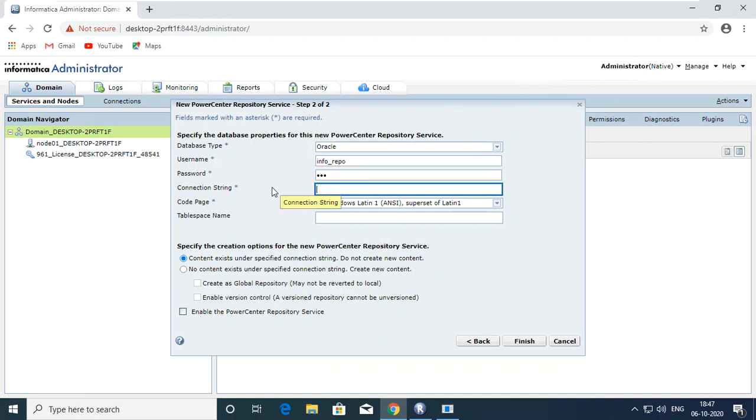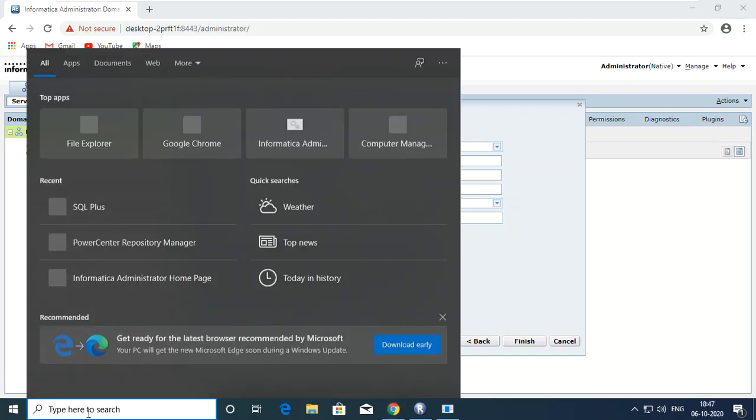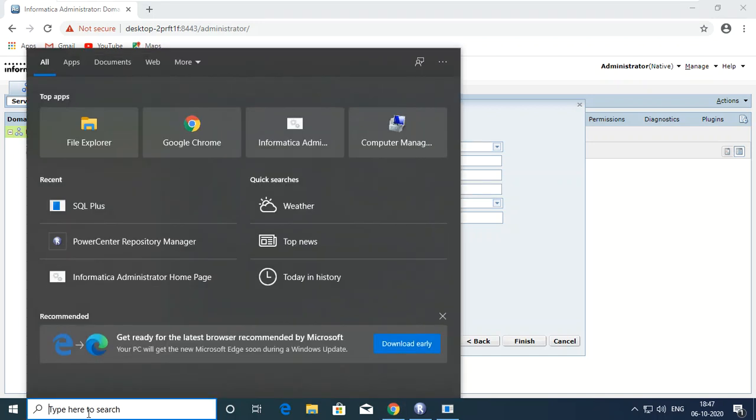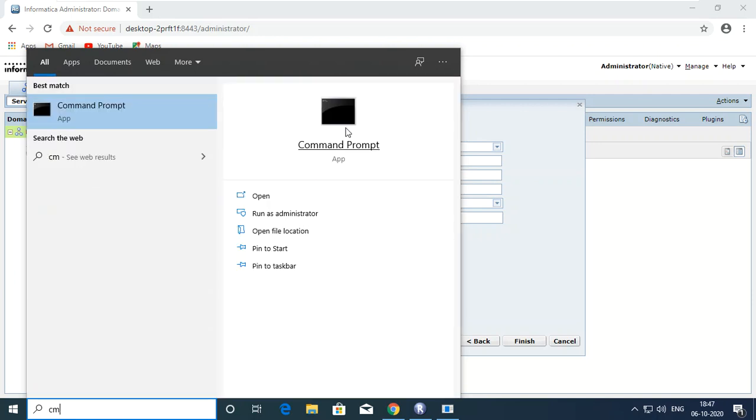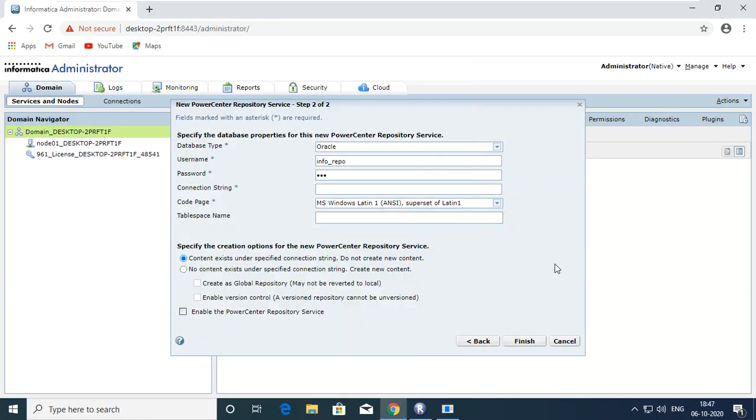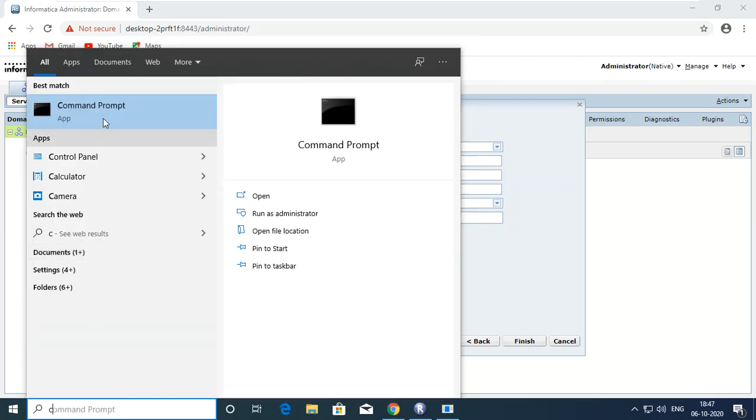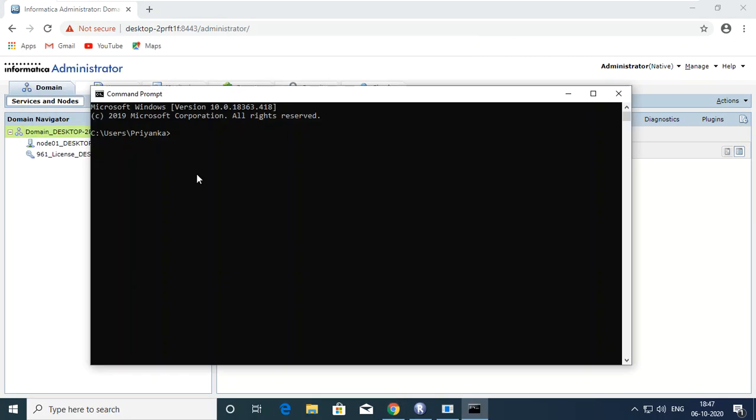See, I have used 411 as my password, so I'm using the same password for Informatica. Now it's asking for the connection string. That means if you are using an Express Edition, that may contain the connection string as XE, and if you are not sure what your connection string is, then you can check for that by going to the command prompt. You will go for LSNRCTL services.